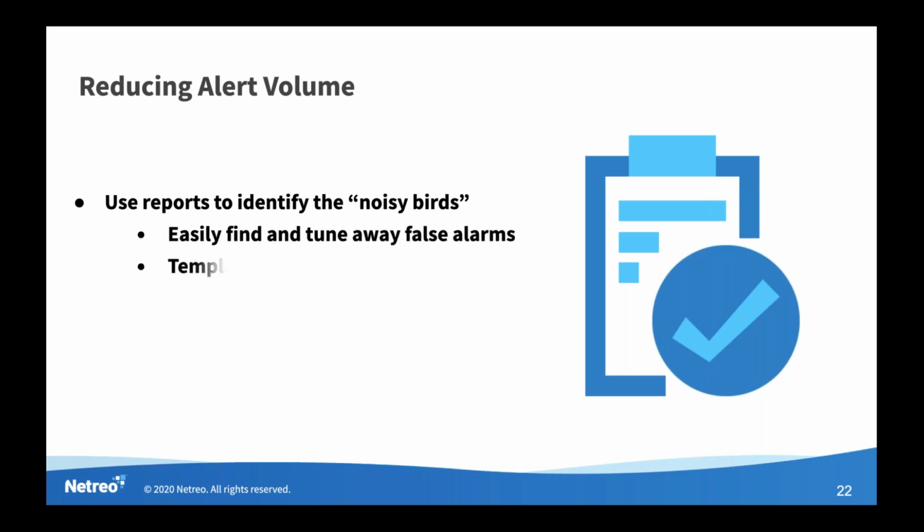So I can use things like template baseline reports to see which alerts are being generated, which alerts are being generated by which templates, so I can make changes to those settings directly that will then automatically roll out to all of the devices where that template is applied. Again, it's an admin force multiplier. I can make one change that then affects tens of thousands or hundreds of thousands of devices, so I have